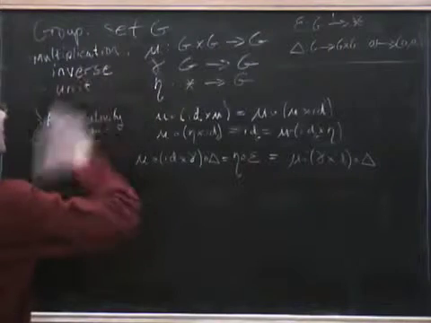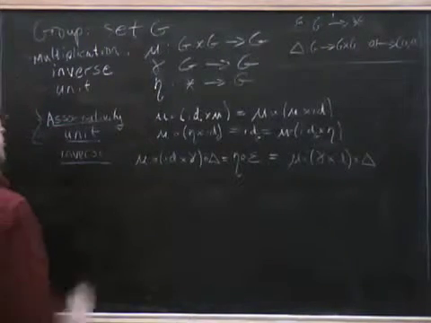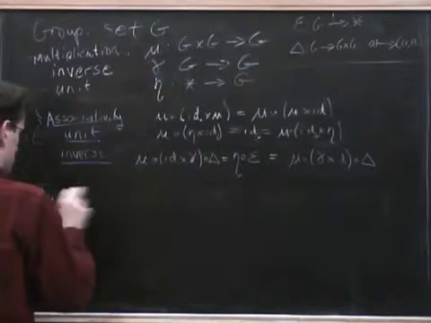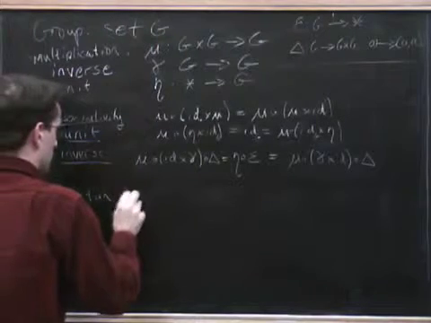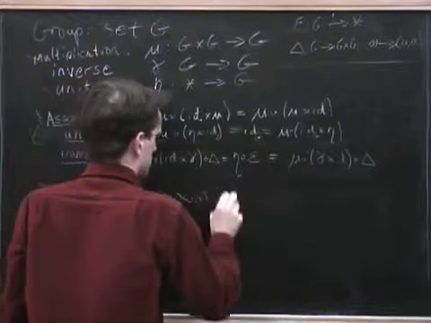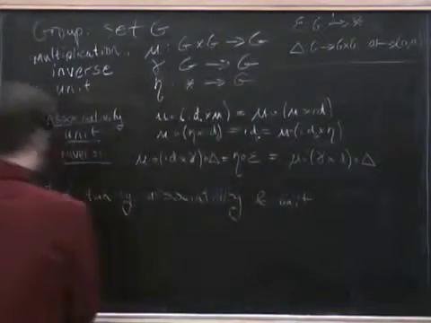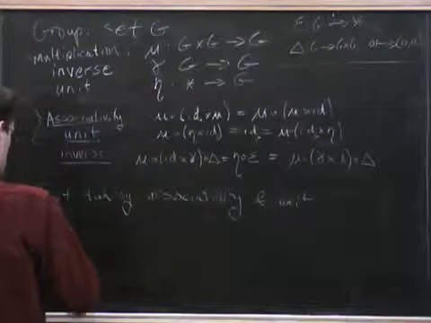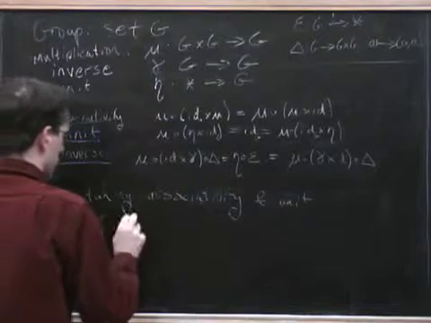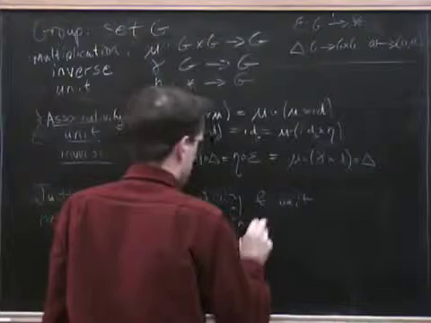Then I can see that this is just the definition of a monoid. So taking associativity and unit means that a group is a monoid